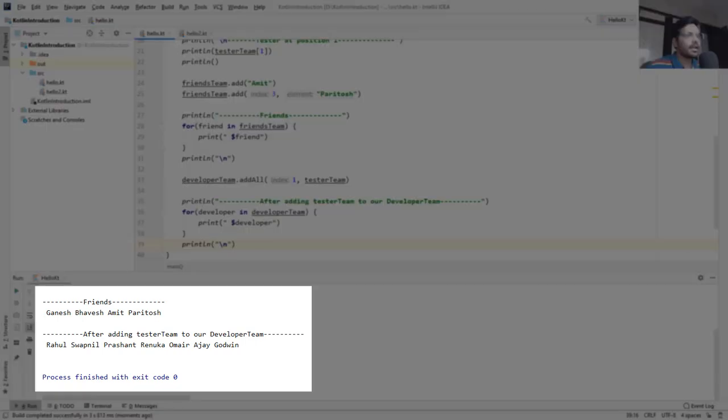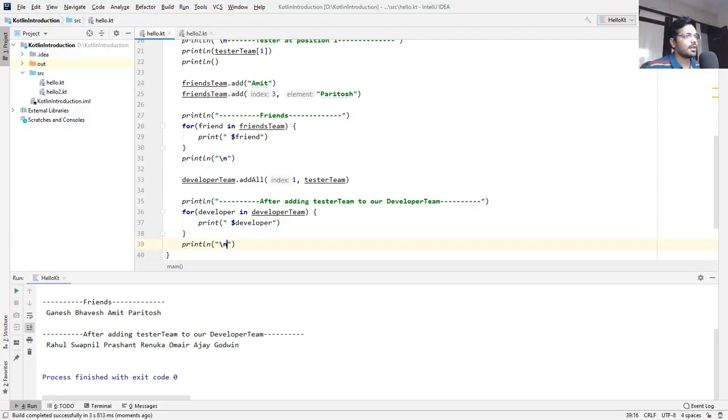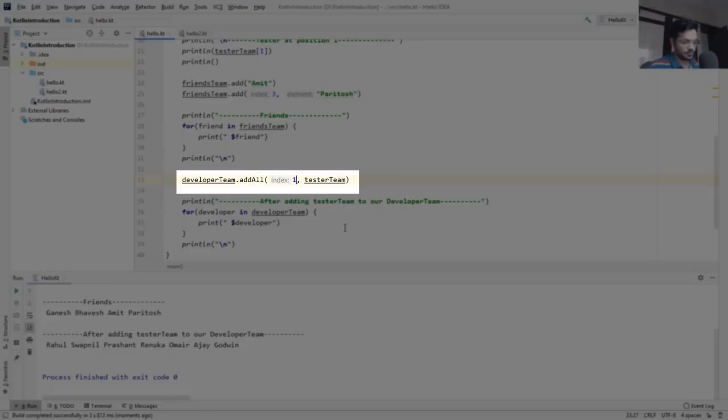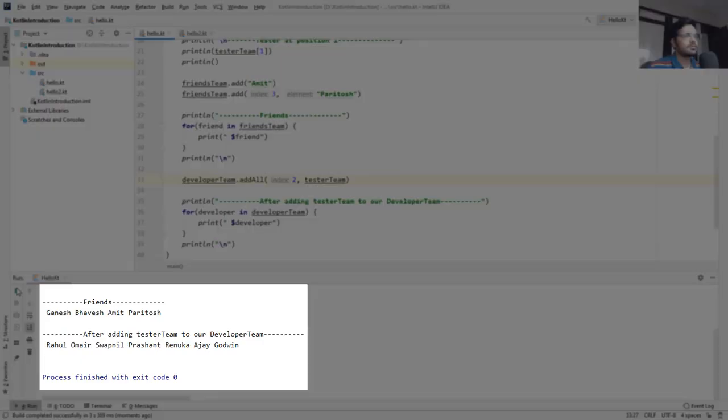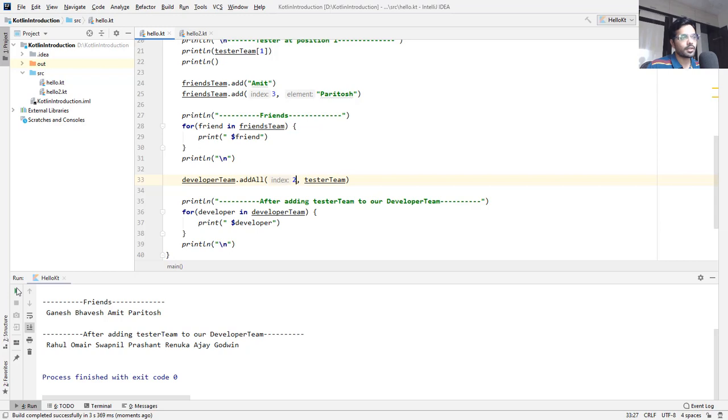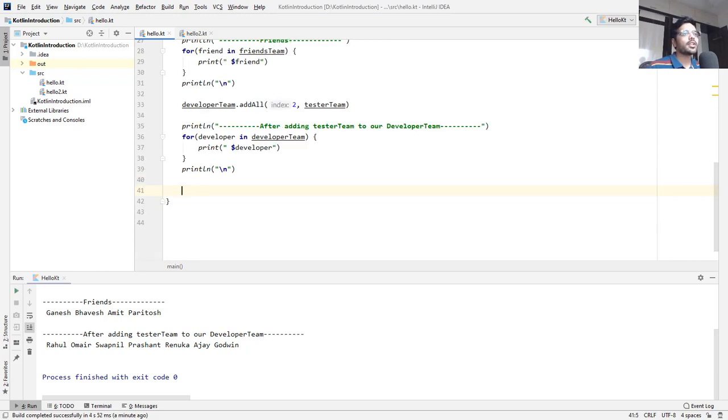So as you can see here, it has added testers from the first index position to our developers team. Let's change the index position and see what happens. And it has added elements starting with position 2 considering index position starting from 0. Now let's remove our developer from our developers list.